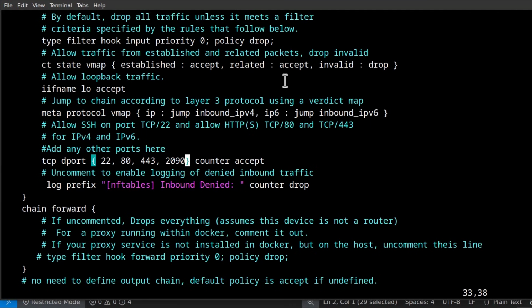You can add the port. After that, go into insert mode, press I, comma, add the port you want to add. Maybe you want to add port 80, you can do so. Or if you don't want to add it there,